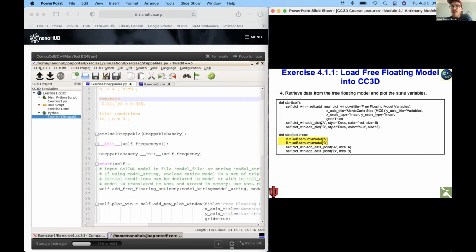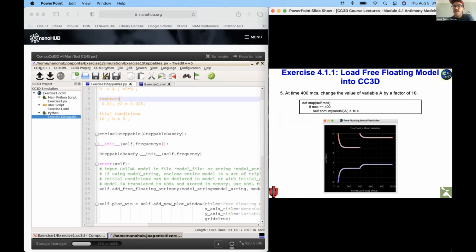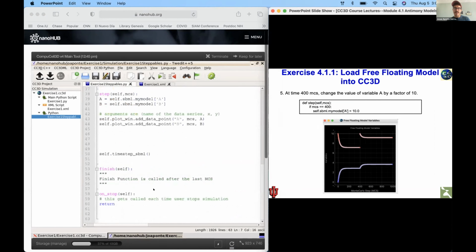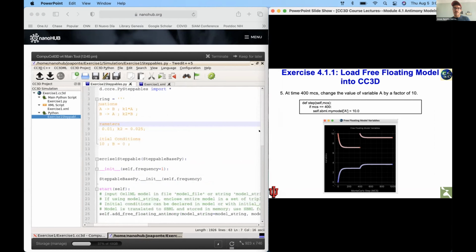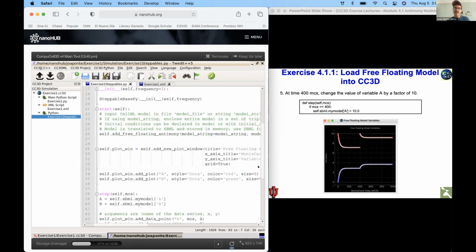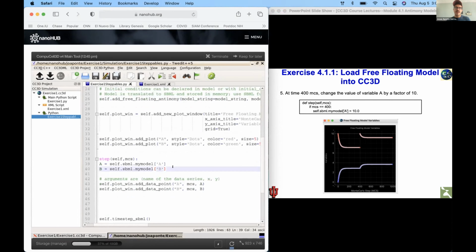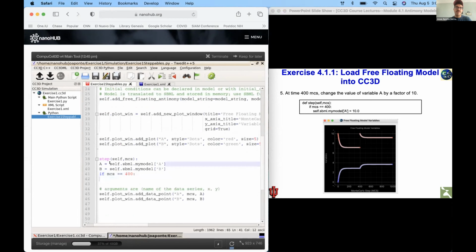Let's do something a little bit more fun. Right. So now we can show, now that I've read from my free floating antimony model, I can actually also write to my free floating antimony model. And the syntax will be basically the same. So let's say that at time MCS 400, I want, for whatever reason, my variable A or the value of,